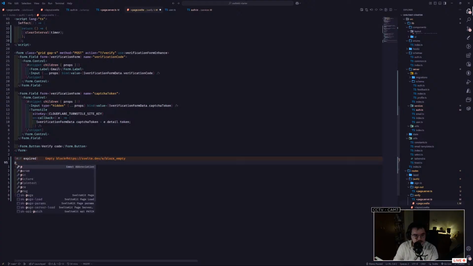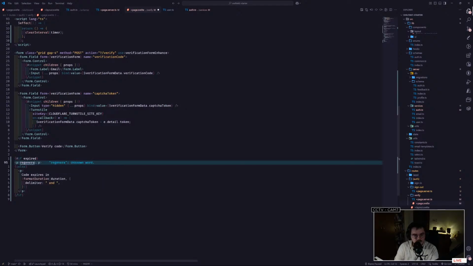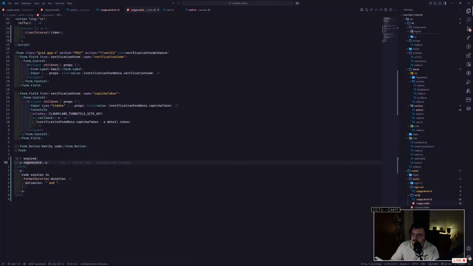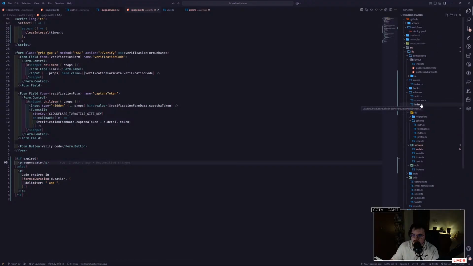And in here we will be adding our regenerate form, our resend form, or sending the code again. So this way it's easier for the user, not having to just sign in again. You can just click a button, and for that